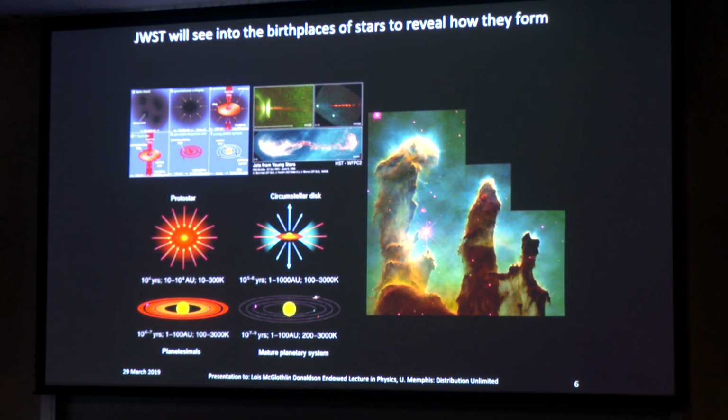Now, how do stars form? The way they form is that we have these giant clouds in space, and they collapse onto themselves due to self-gravity. And as they collapse, the pressure inside the cloud increases, and so the temperature increases. It's just like if you fill your bicycle tire at the gas station, the tire feels a little bit warm after you pressurize it. Well, in the center of these clouds, the temperature can reach very high temperatures so that nuclear fusion occurs, and that's how stars are born.